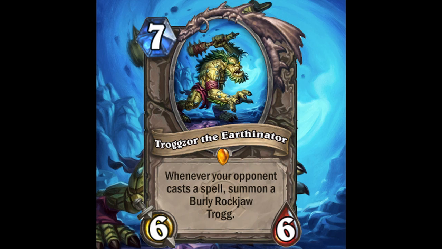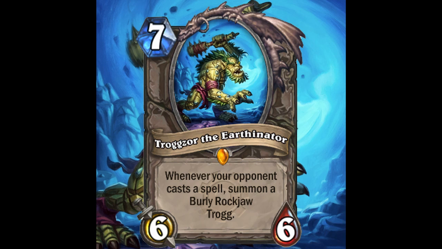As well as Nerubian Unraveler costing 1 less mana. So there's that. You basically have to trade into Nerubian Unraveler or take a big hit of 2 mana on a spell to remove it, which makes it an overall far scarier card than Troggzor, which is sad because I quite like Troggzor. I'm not quite sure why, but...